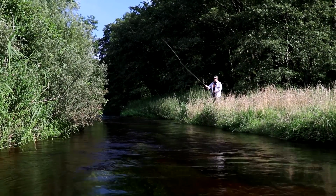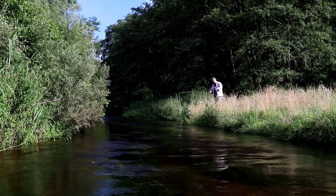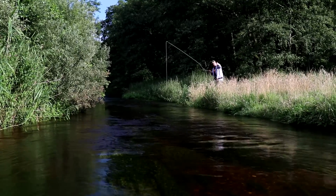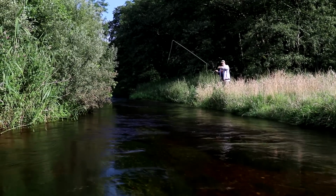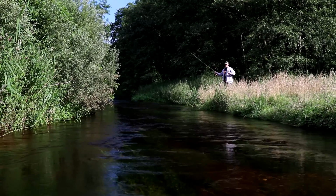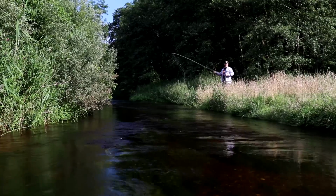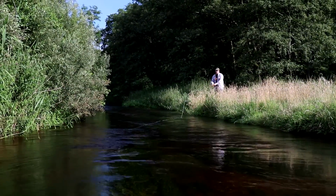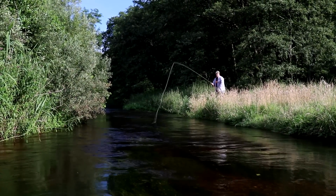Another great spot for trout in general is a long stretch that is fairly straightforward, but then towards the other bank you have these big weed beds out in the middle of the river. These create a natural resting place for the trout because they provide cover, but also the water is a bit deeper out there. So to fish this, I would cast the fly